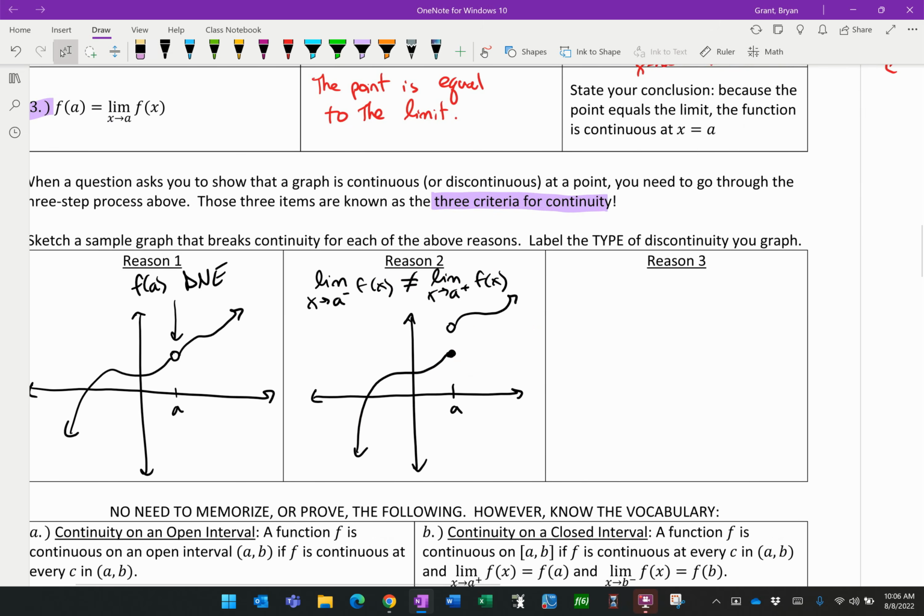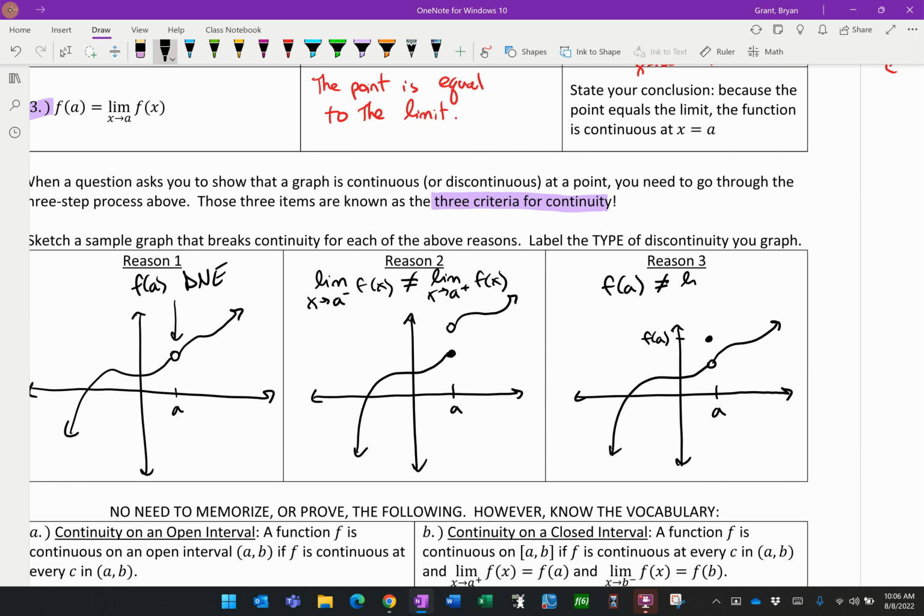Okay, now let's look at the last one. I already gave you a graph for this last one, but show it once more and we can explain in mathematical logic up above what's going on. So we're going to go ahead and bring this limit together. That limit exists, that's step 2. We're also going to give this a point, that's step 1. The limit exists and the point exists, except the value of the point, f of a, that would be right here, is not equal to the value of the limit as x approaches a, right? That's down here. So this and this are not in the same spot,